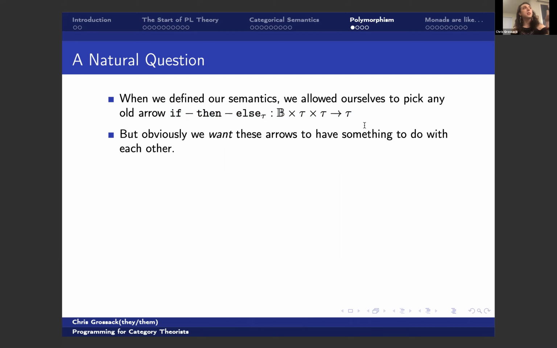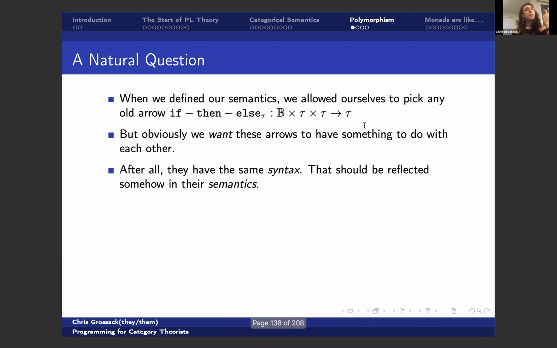Sure, we could just pick them arbitrarily, but they have the same syntax. And if we want the semantics and the syntax to be linked, if we want them to have a very tight connection between what we write down and what we interpret, we want these arrows to have something to do with each other, right? It would be very surprising if, let's say, if then else on the natural numbers,